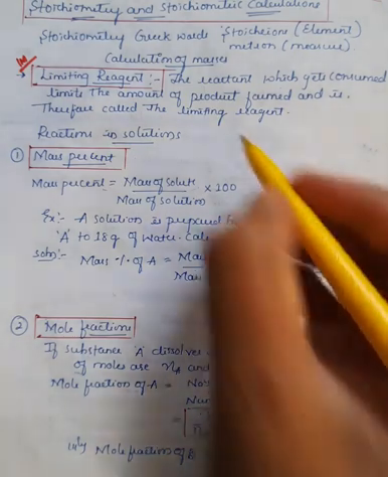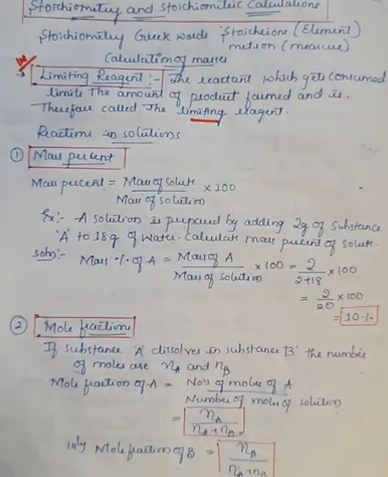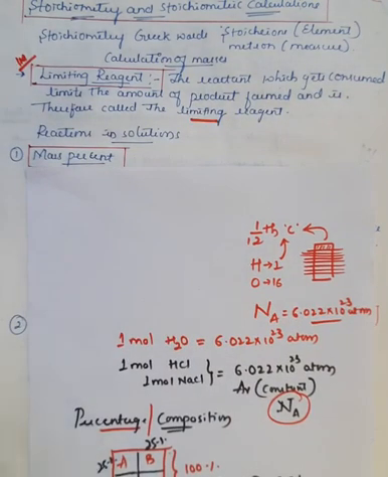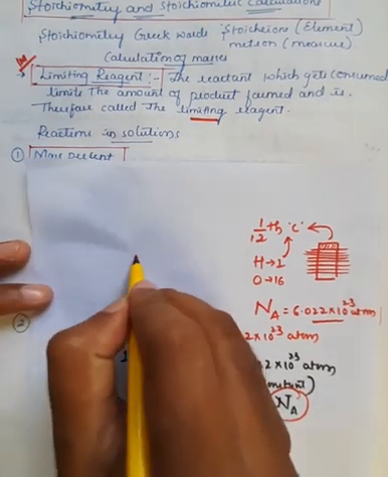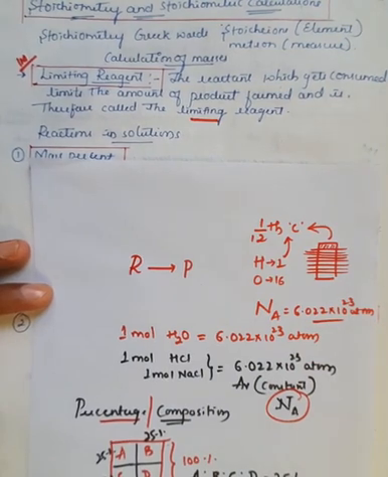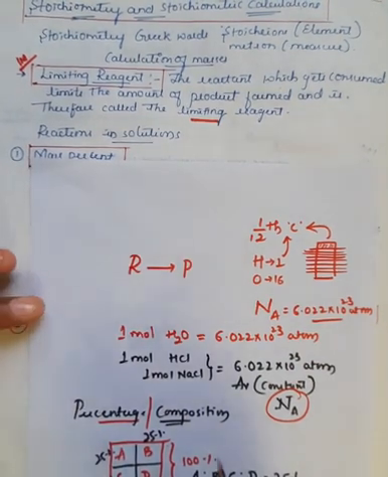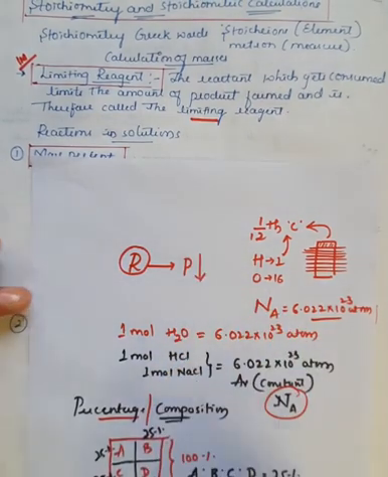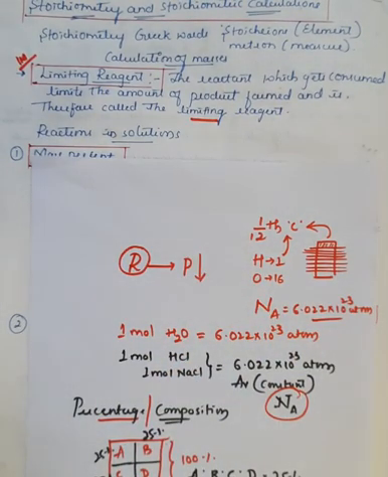In the word itself we can see limiting. Limiting means if the reaction is taking place, the reactants are always converted into product. For example, if you take reactant R, in the reaction the reactant will convert into product. So this added reactant molecule will reduce or decrease the product formation. That decrease in value is generally called a limit.